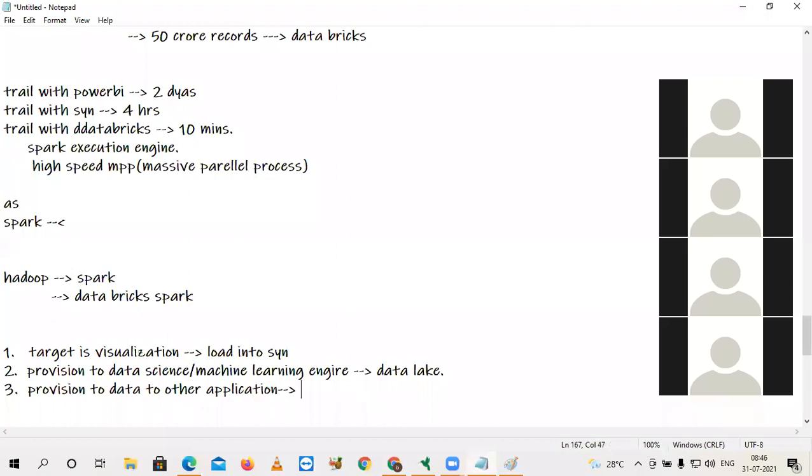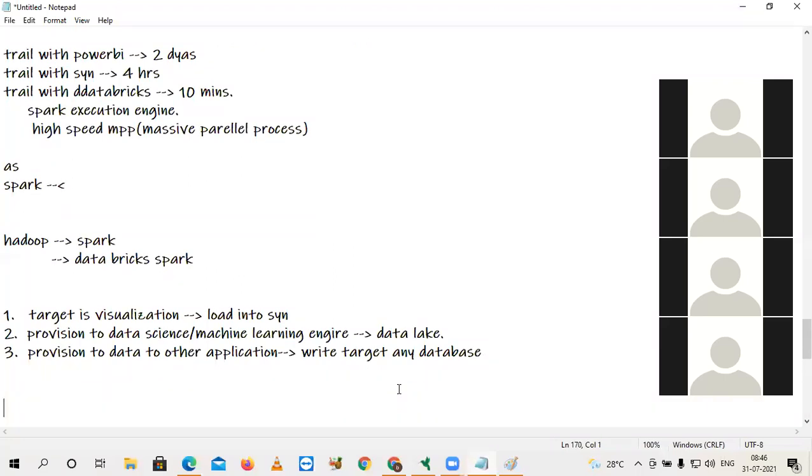Then write into target any database. On which database your application is interacting, you can write into that one. So like that. Okay. So Databricks is using the data lake, and massively parallel processing will handle